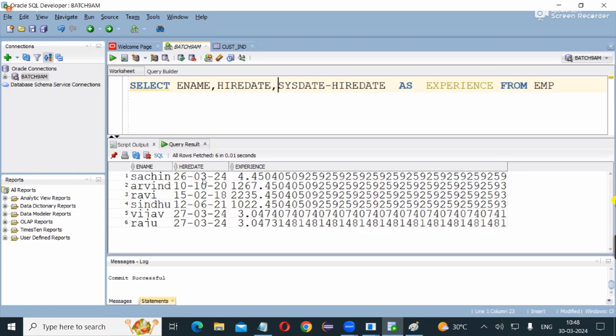And he joined in 2020. The second employee joined in 2020. Then how many days completed? 1260 days. And he joined on February 18th, 2020. So it is calculating the experience in days, but I want experience in years. By default, it is giving experience in days, but if you want it in years, then divide this value by 365. Yes or no? Then how? See, sysdate minus hire date by